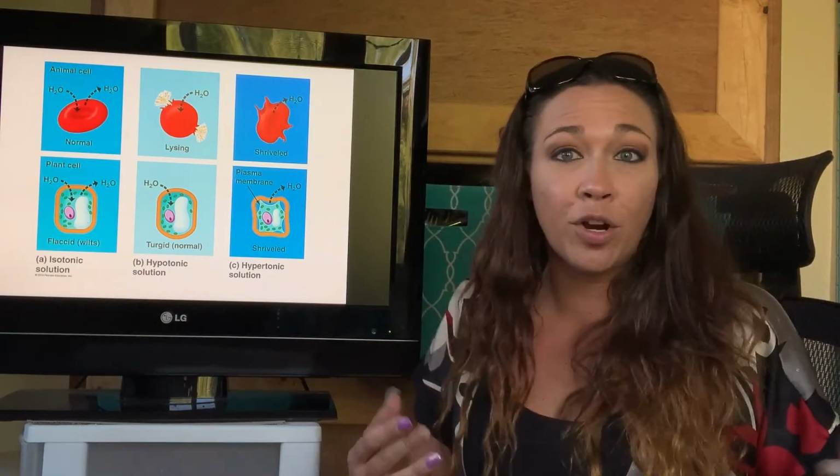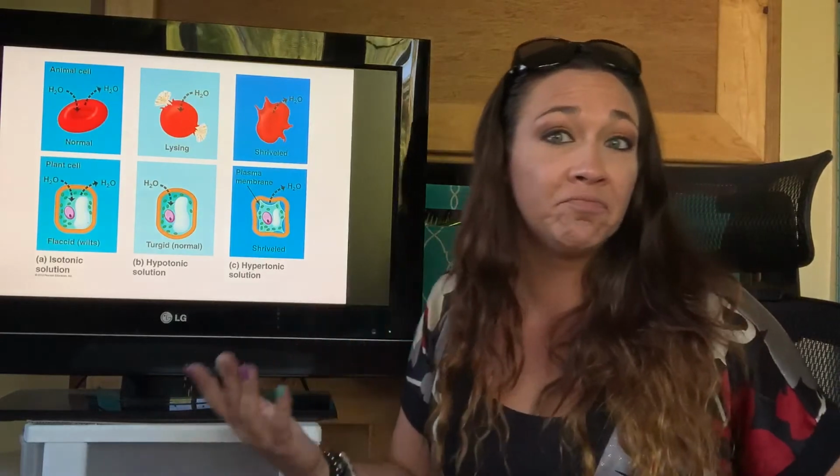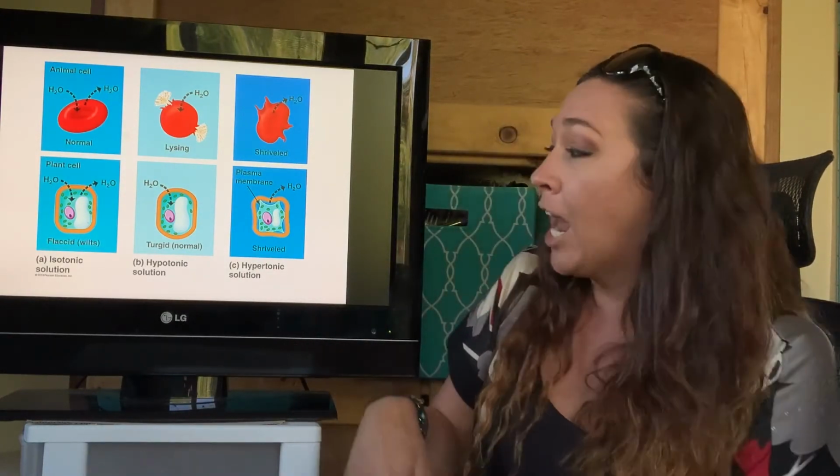If they are the same water concentration, for every water molecule that comes into my blood, a water molecule is going to leave. Right? Maintains a nice, happy, healthy blood cell. That's okay. However, if I were